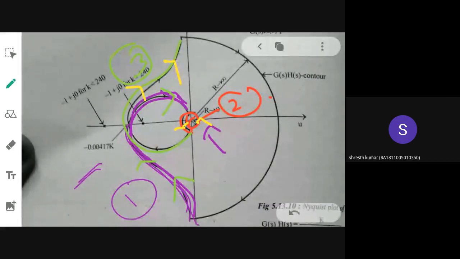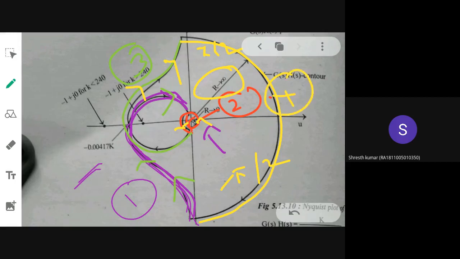Then final segment, this is my final segment whose radius is very very large, that is infinity, that is traveling from pi by 2 to minus pi by 2. This finishes off my Nyquist contour. This is the fourth map that I have got. You cannot mismatch the order. You have to start from the very beginning and you should end in the sequence. Now, again I am drawing the direction. Then the next thing is, after obtaining, this is called my Nyquist plot.